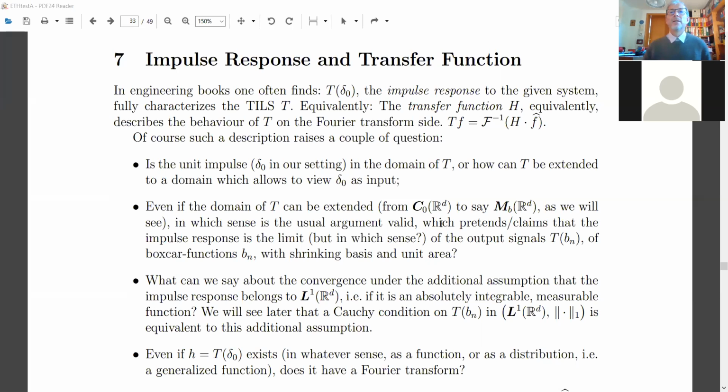Even if we are in the domain, how do you learn to identify the impulse response? I have shown you the picture in my script: you approximate the impulse signal by a sum of rectangular pulses, and those rectangular pulses converge somehow to the delta. So let's put these rectangular pulses into our system. Now you can argue they're still not continuous, so I would prefer to take triangular impulses or Gaussian pulses. But you can always compress such signals which have area 1, and you would get a delta. It's important to take anything with integral 1 so that by compression you get a unit mass, a Dirac delta, which has this required property of integrating